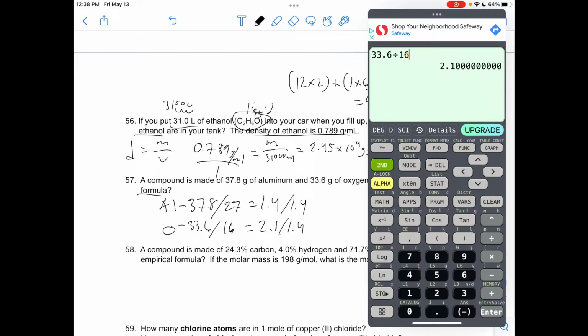I'm going to divide both by whatever the smallest number is. In this case it is 1.4, so this is 1, and 2.1 divided by 1.4